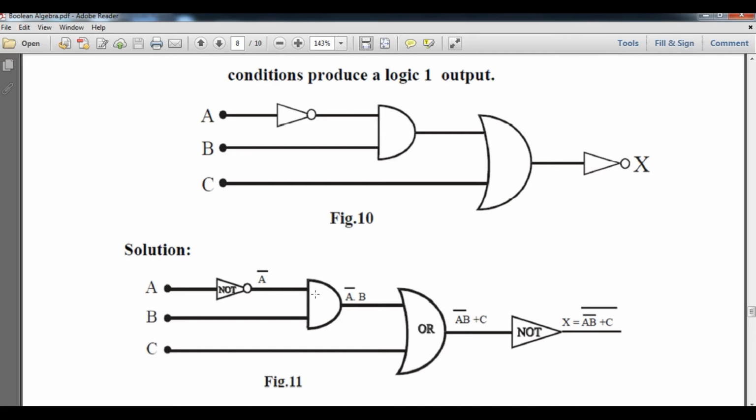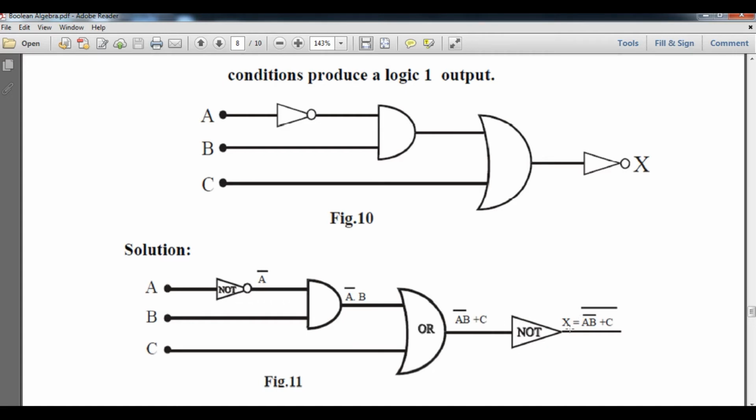So here you can see the AND gate. So this will be A NOT dot B, I mean to say A bar dot B, and whatever A bar dot B passes, it is considered as an intermediate input for this particular gate, that is the OR gate. So here is the C signal, and along with A bar dot B plus definitely C, because this is an OR gate, and finally its output goes to another gate, that is NOT.